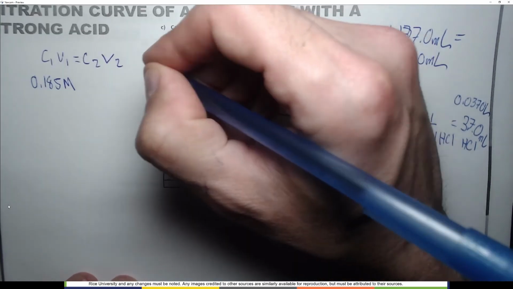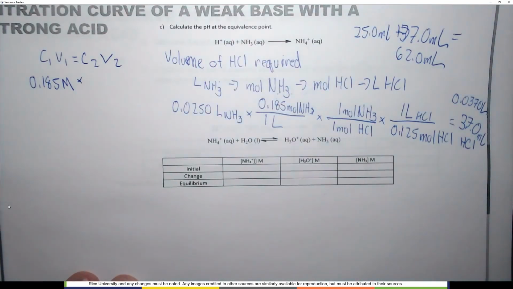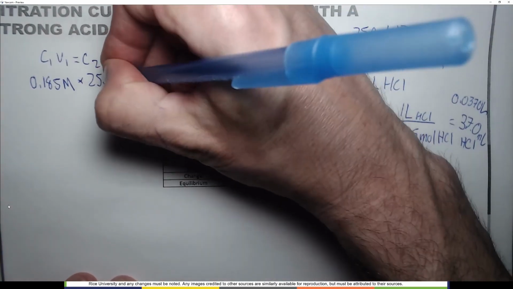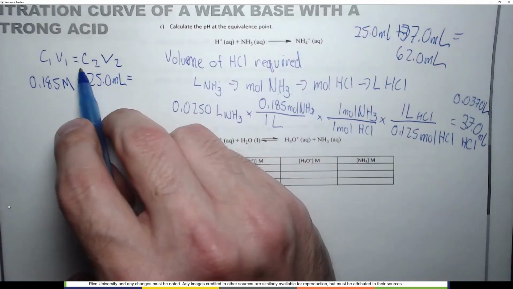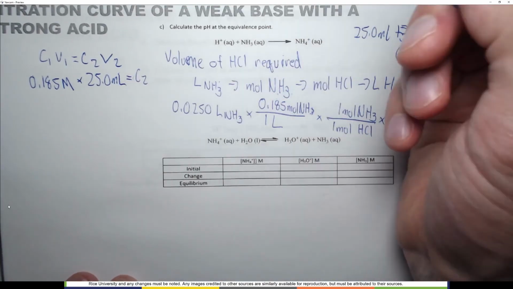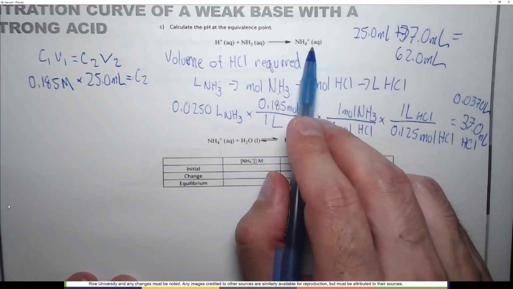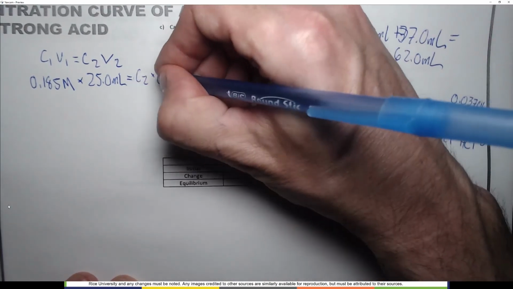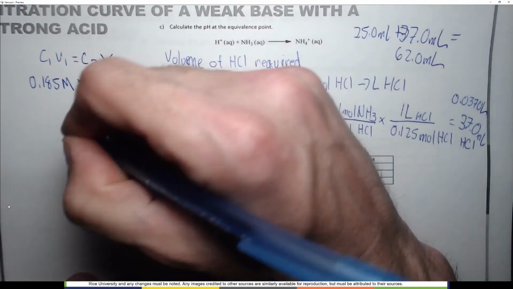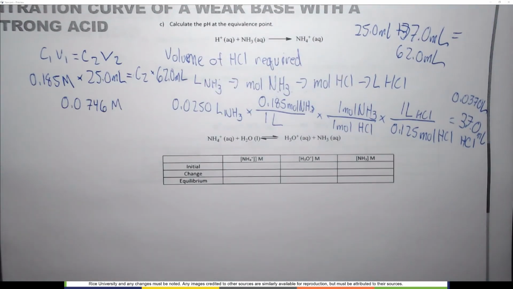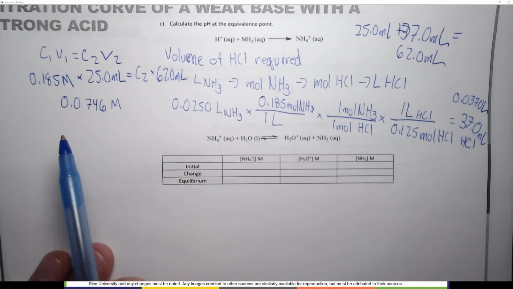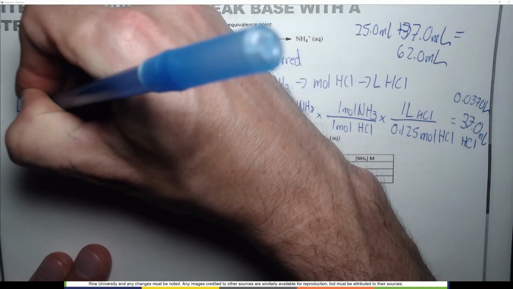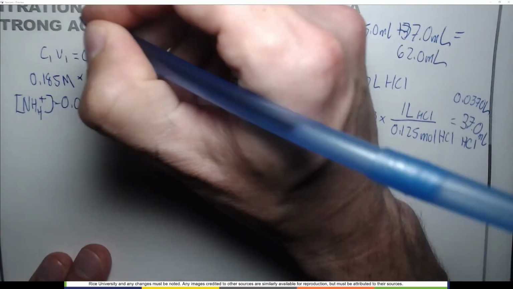0.185 molar. The initial volume of NH3 that we used was 25.0 milliliters. The final concentration of NH3 is C2, but remember all the NH3 is going to become NH4 plus. And the final volume, which is why we had to do all this work, is 62.0 milliliters. And when we do all that math, we find that the concentration of NH4 plus, the conjugate acid in solution, is equal to